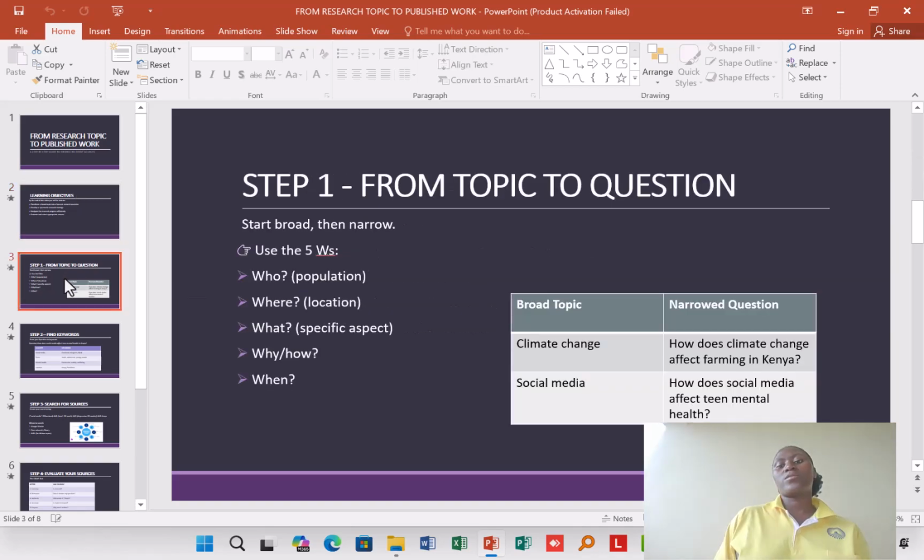So step 1, from subtopic, start broad, then narrow. This is where we use the 5 W's. Which 5 W's are who, where, what, why, or how, and when, or whose. So if you're to ask yourself the who part, who is the population? For example, the broad topic is about climate change and social media. But we have to narrow it to who is the population, where is the location, what is the specific